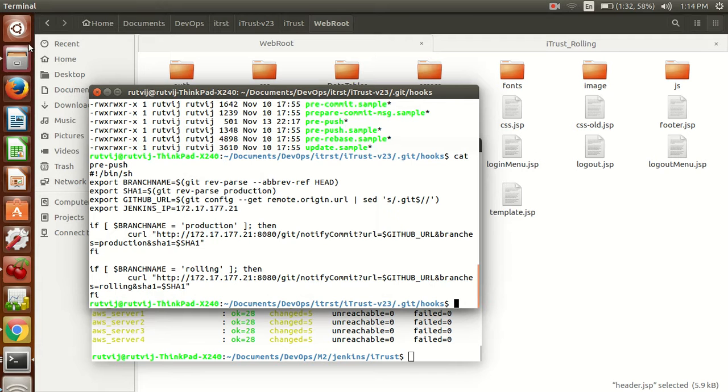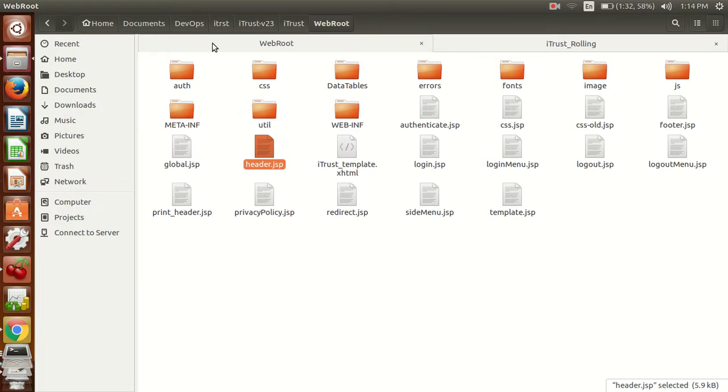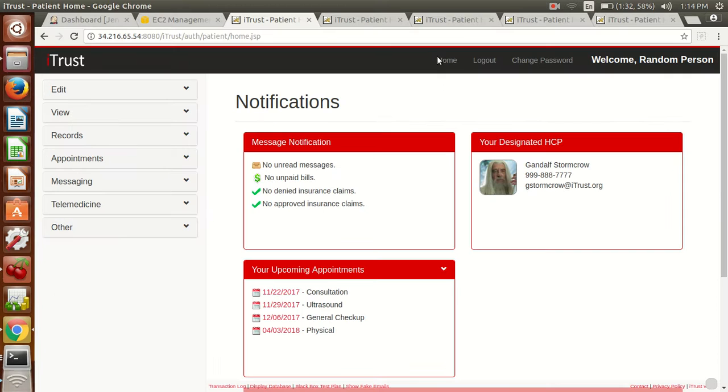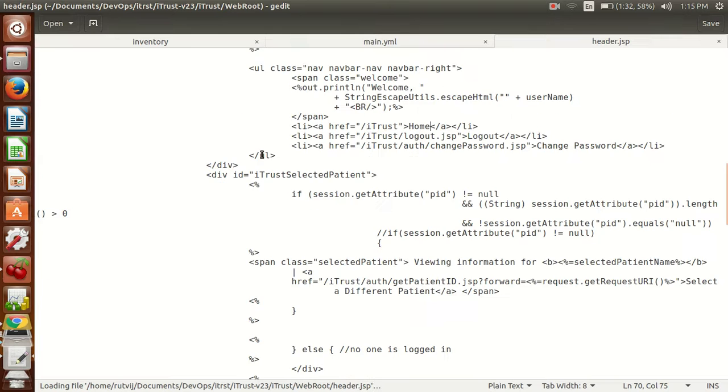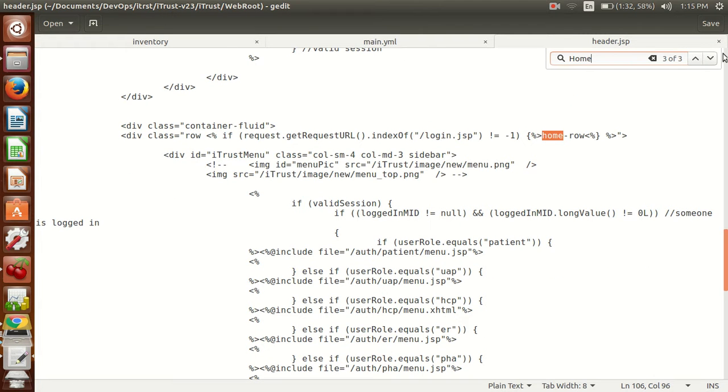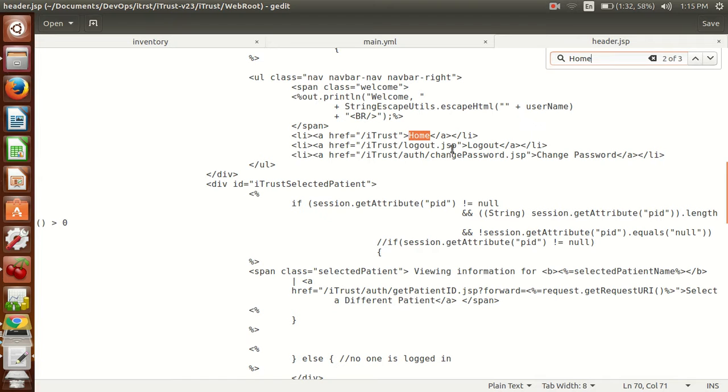So for anything to be pushed, I need to make some changes first. So as you can see here on my header file, there's home, logout and change password button. So what I'm going to do is I'm going to change this home with some other name. So I'm going to my web root and header.jsp where my code is there. I'll search for the home. So here it is, and I'm just going to change it to rolling home. I'm going to save the file,